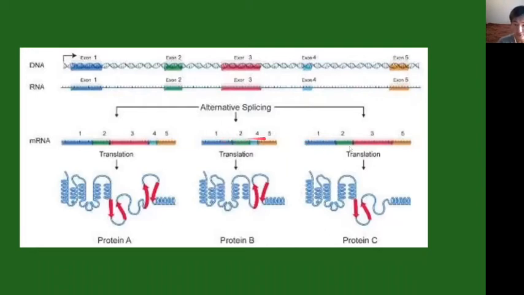So this one we're missing 4, over here we're missing 3, and over here we have all of them. I use the word missing, but it's not really missing because in this case, for this protein, you don't actually need it. And by having different exons, which is different genes, copied to the RNA,